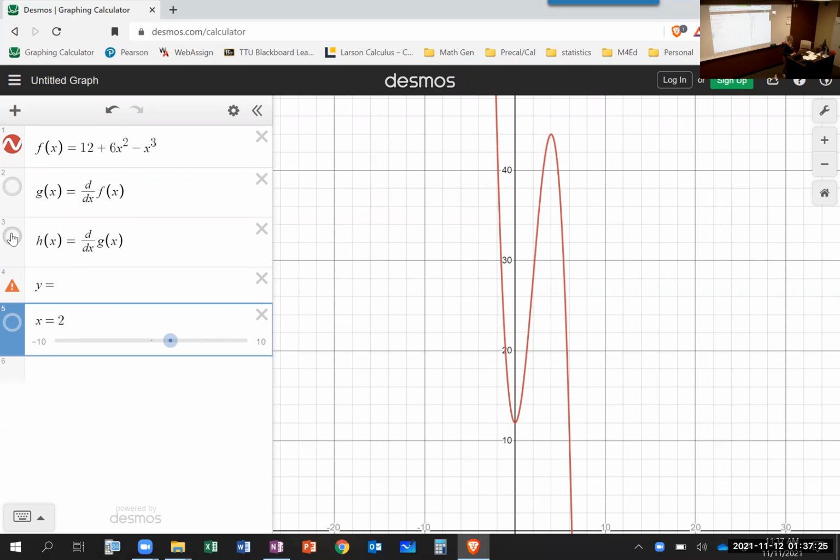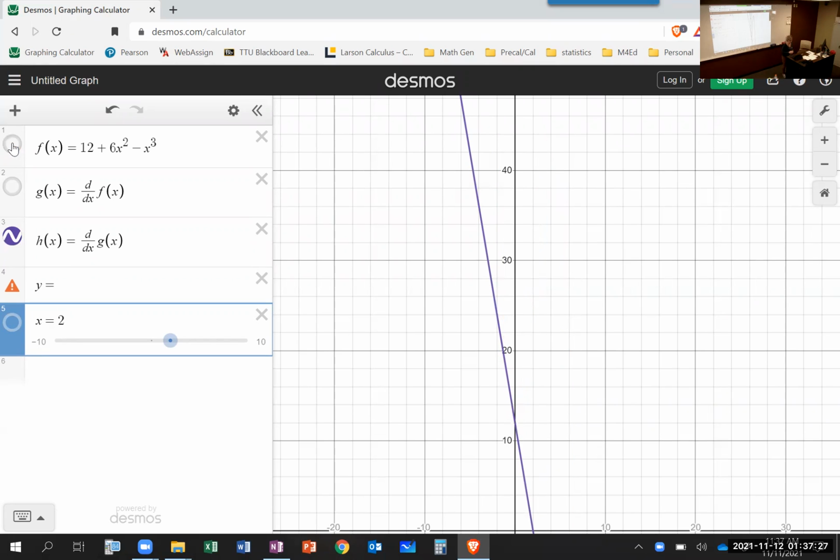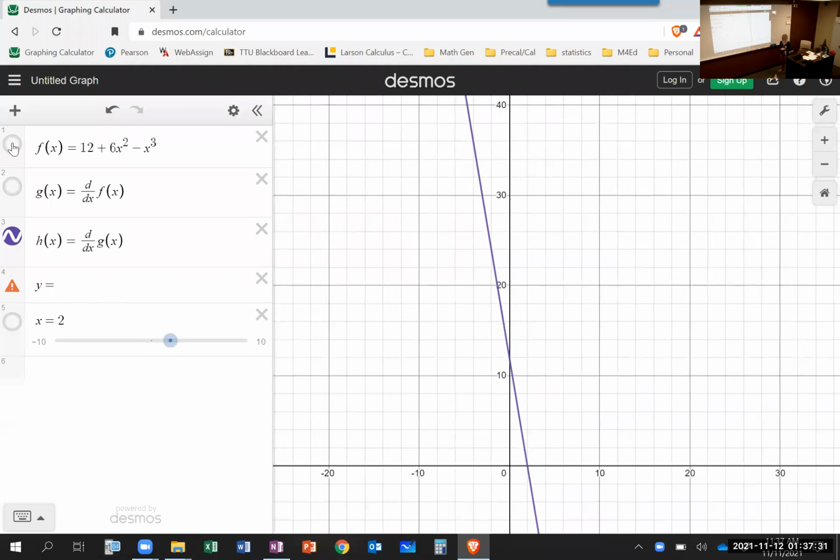Let me go back and restate this. The purple line represents the second derivative, correct? Where is the second derivative crossing the x-axis? It's crossing the x-axis at 2. We discovered that algebraically, right? That's the x-intercept for the second derivative, correct? All right, now that x-intercept at 2